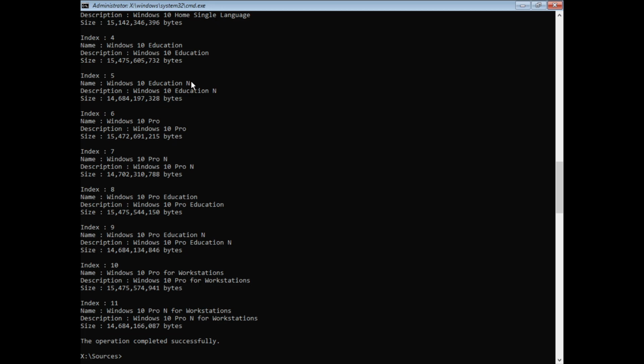Deployment Image Servicing and Management tool, version 10.0.19041.1949. Unfortunately, yes, we do have to let it read all the details for this image. Here we go. Now it's going to read off a bunch of index numbers, and we have to remember what number it gives us. Index 1, Name: Windows 10 Home, Description: Windows 10 Home, size